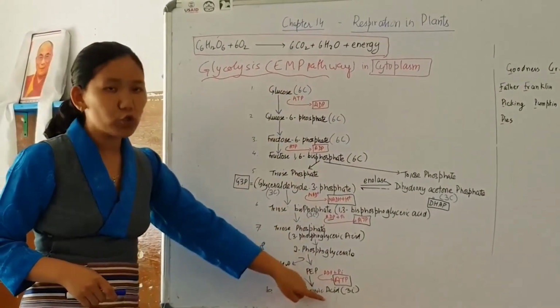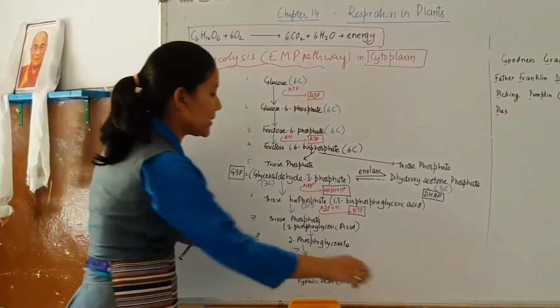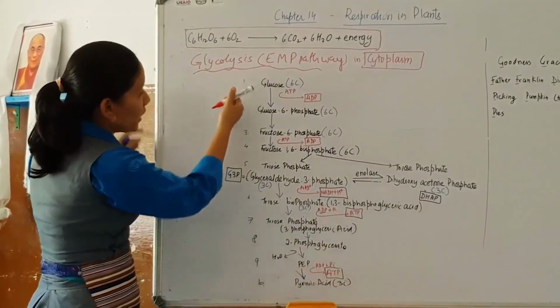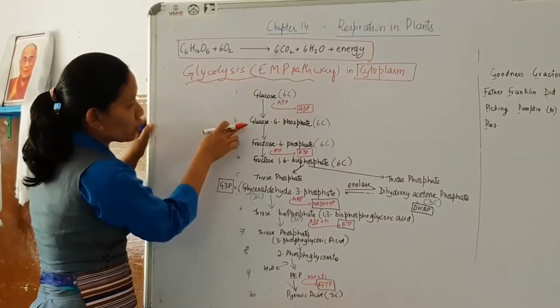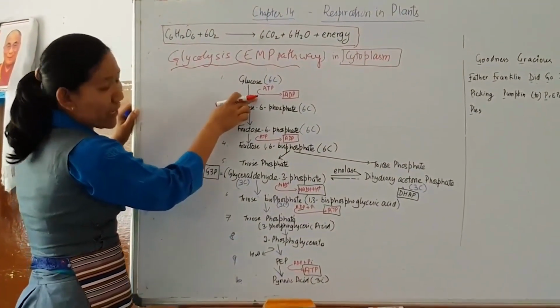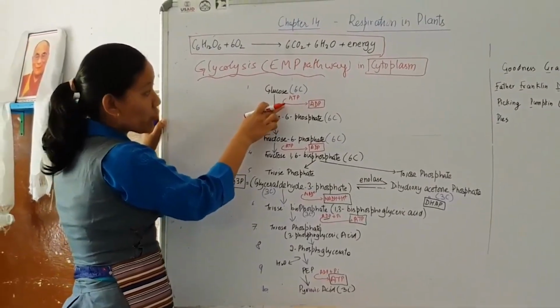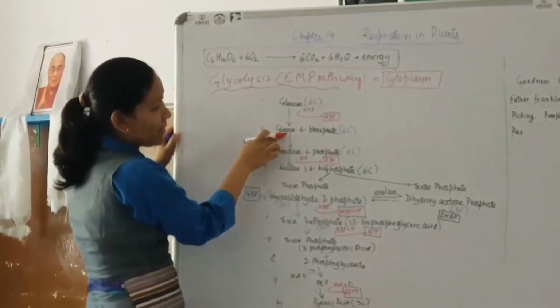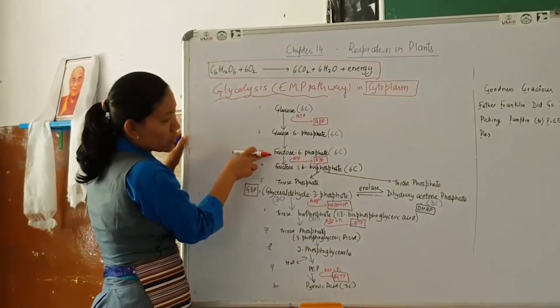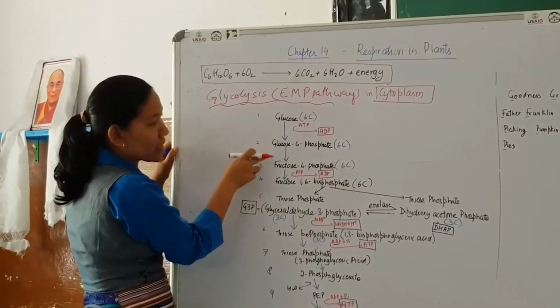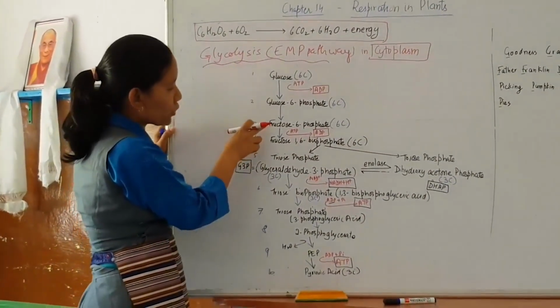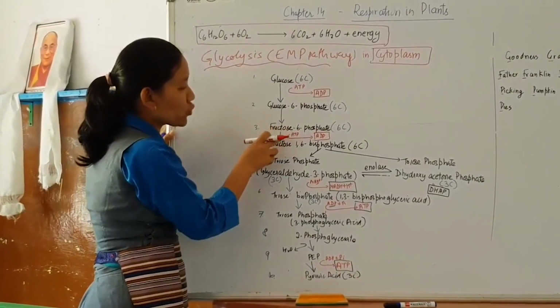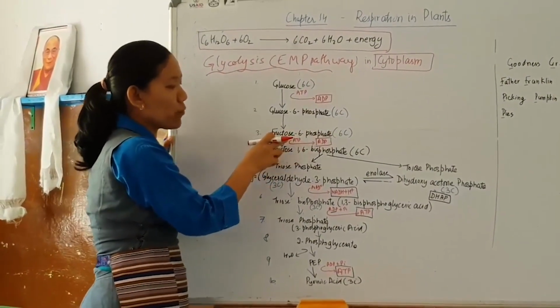That means there should be 2 molecules of pyruvic acid. Let's see here. Glucose is converted to glucose 6-phosphate by utilizing phosphate from the ATP. Phosphate is added here, and then glucose converts into fructose. They are isomers, both are 6-carbon compounds, and then fructose 6-phosphate again accepts the phosphate from ATP and